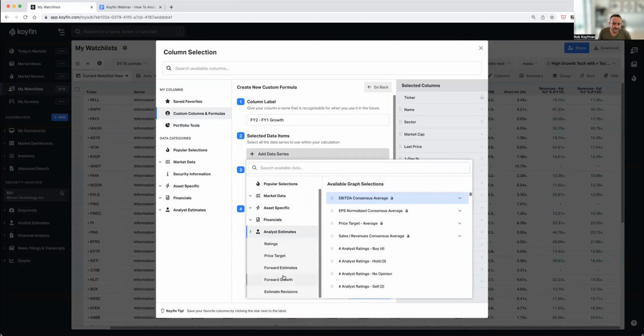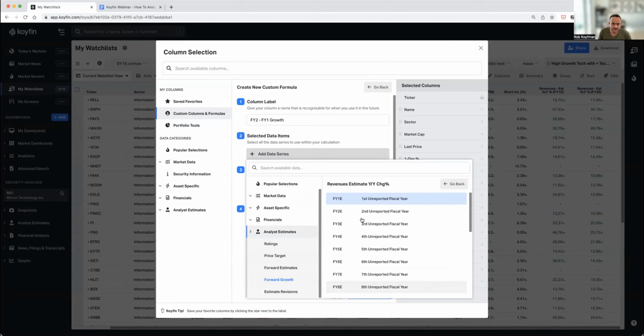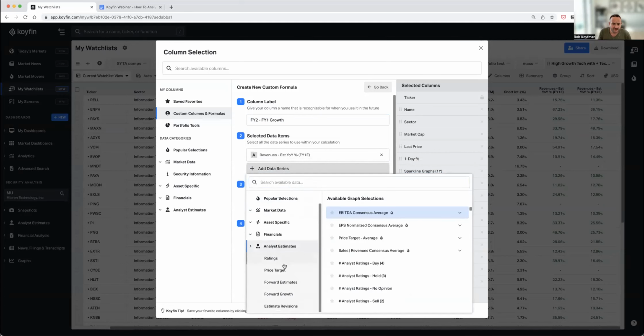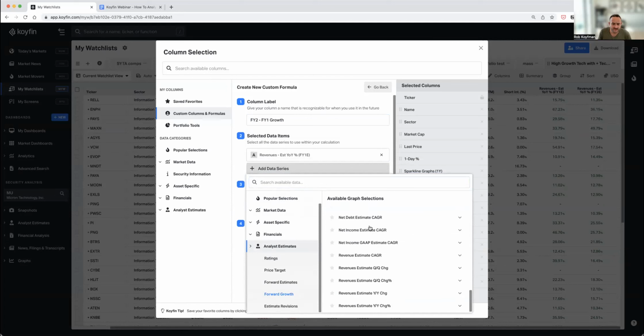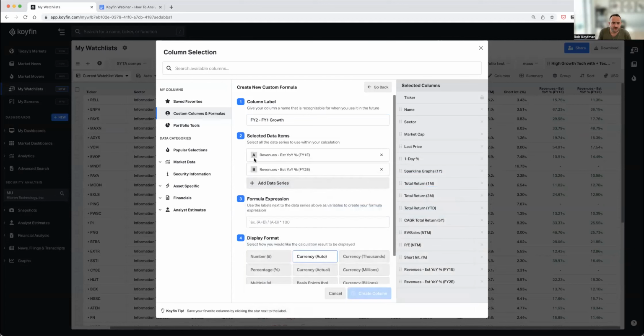And again, I would select the forward growth. I would go here under total revenues. I would select FY1, which is A, and I would do the same thing and select forward growth. And I would select revenue estimate year-on-year change in FY2. And so A is FY1, B is FY2, and now I get to create my formula, which is B minus